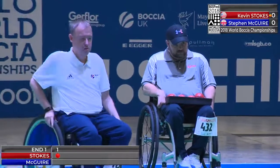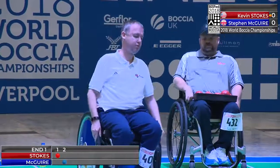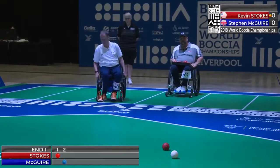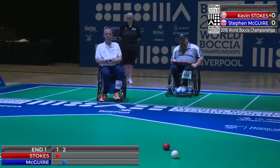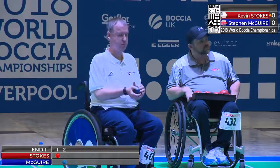Where right now Stephen's thinking, do I roll up the side and gain control, or do I knock that ball out of the way? And then I've got an easy access to get on the white ball myself. So we'll see what he does here. I think I know what we'll do, but we'll see what happens. We'll wait and see if you prove right. We'll never know, of course, but I trust